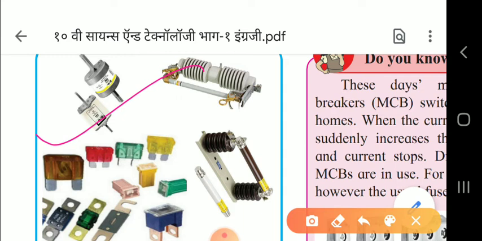So when excessive current is drawn, the transformer has to supply a large amount of electricity. What will happen if the capacity of the transformer is insufficient? Then its fuse wire melts, and due to that the supply of electric current is shut down. Such events occur due to the overloading of the current. Overloading means we are using more current, and due to that the electric supply is shut off because the fuse wire gets melted.